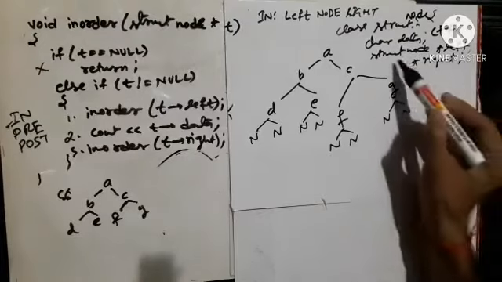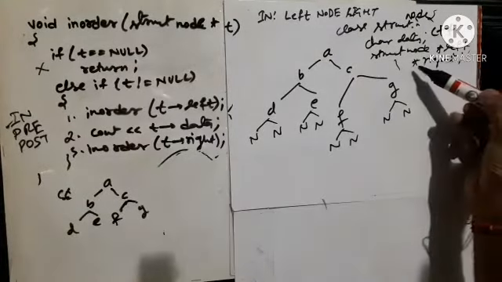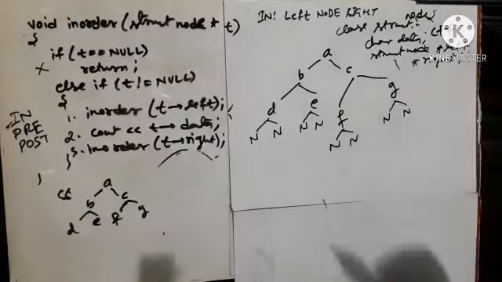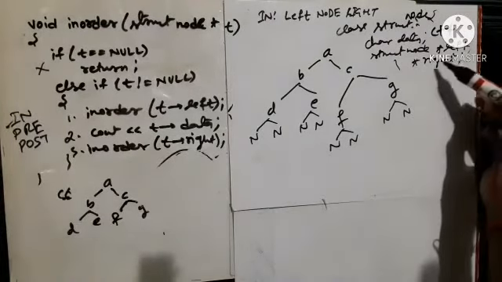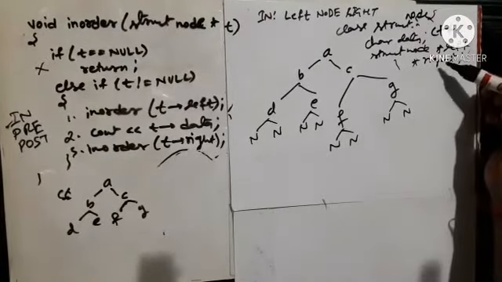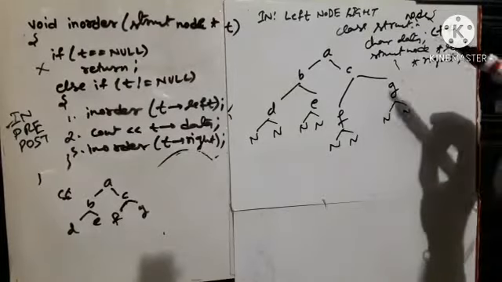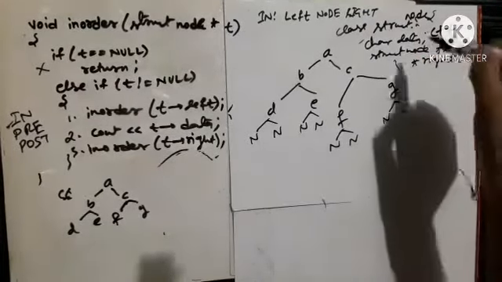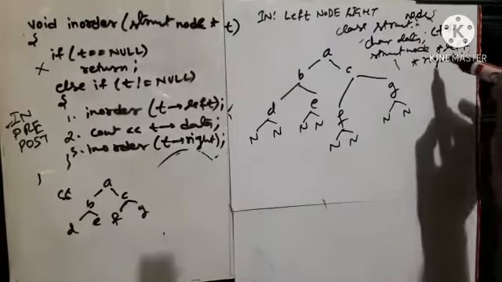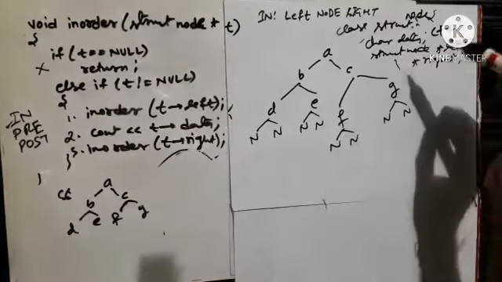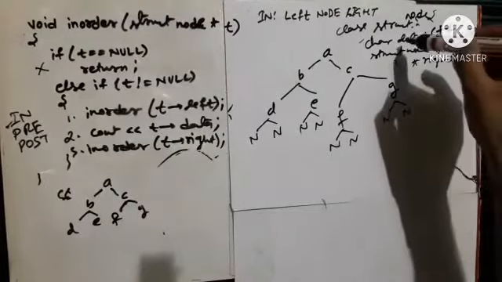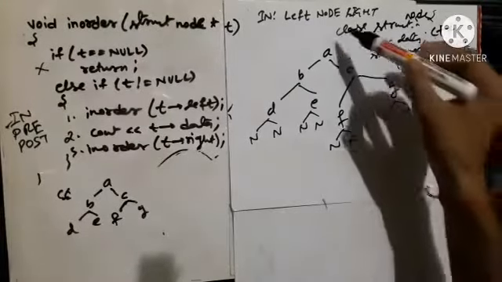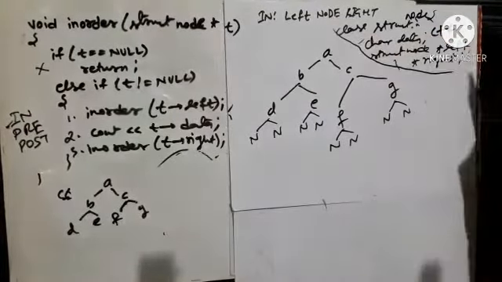What does it mean? It means right is a pointer of type struct node of this class, isn't it? This pointer will have two properties. The first property is data, and the second is that it will point to this type of data, isn't it? So anyway, I have told you how a tree can be created.